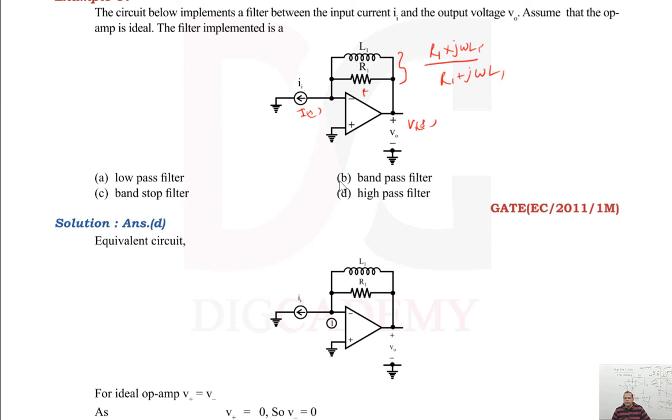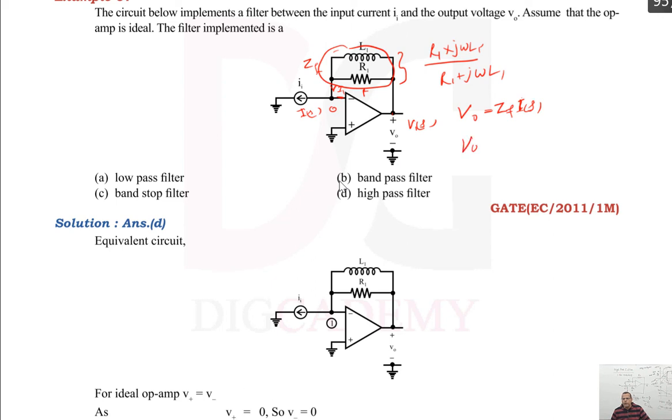So what will be V naught? If it is grounded, it has to be at zero potential. So V naught will be equal to voltage. This is current. This current will be the same as this current. Why? Because the current entering the inverting terminal for an ideal op amp is 0. So the current through this impedance is nothing but this current. So V naught is equal to this impedance, say this is ZF, multiplied by current I. Or if you talk about the S domain, it is this, right? Or j omega you can say.